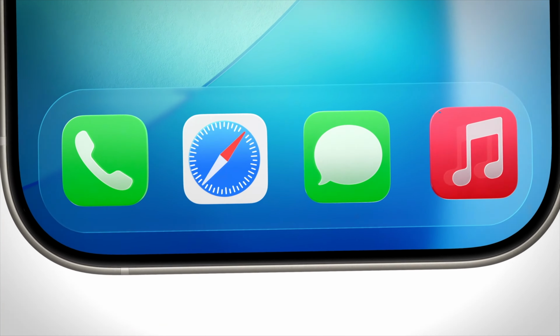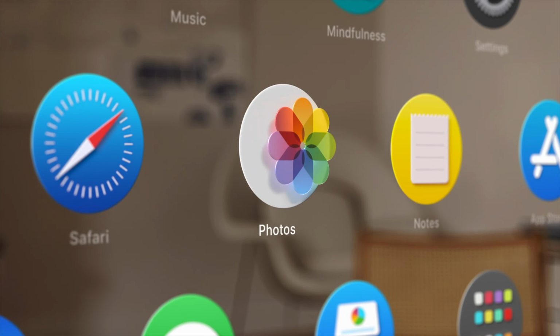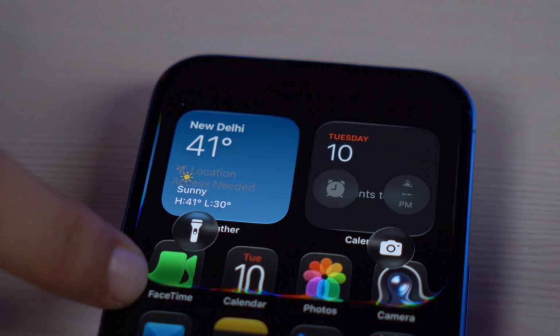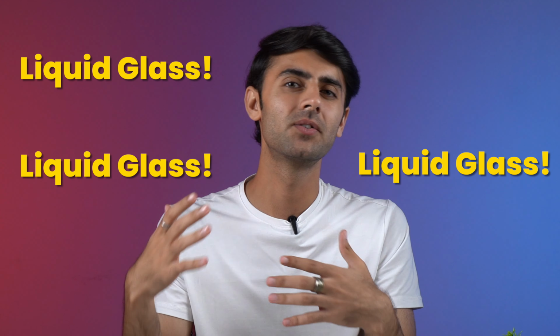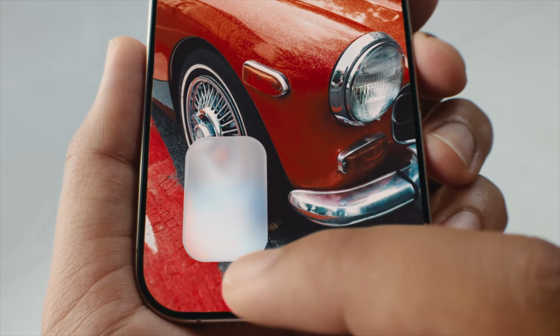In 2025, while everyone is busy flexing AI, Apple pulled a classic move, went all in on looks. And you know what? We are loving it. By now, you must have seen a lot of content around iOS 26. Liquid glass, liquid glass, liquid glass. Enough. Yes, that touch of liquid glass on iPhones is a vibe. But today, in this video, I'm gonna tell you 8 features of iOS 26 that you should not miss.